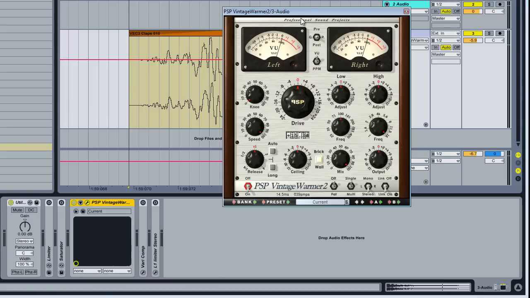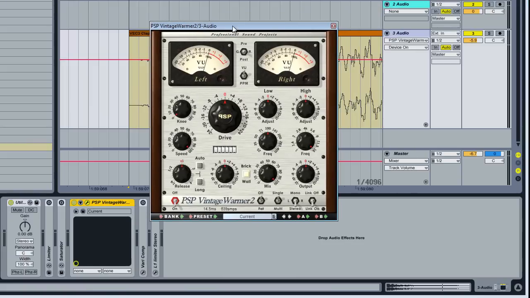This is one of my favorites. It's just the vintage warmer. I put this on the master bus, and I just use fat, which is where the low end and the high end are compressed separately, or limited separately. If you have it at 0, it acts just like a limiter, and the single and multi, that's for left and right, or maybe that's the other way around. Anyway,